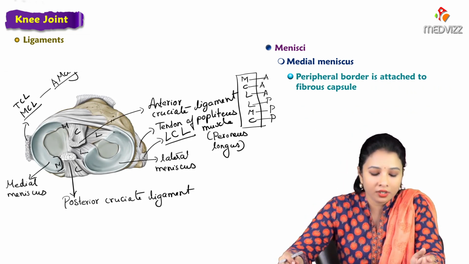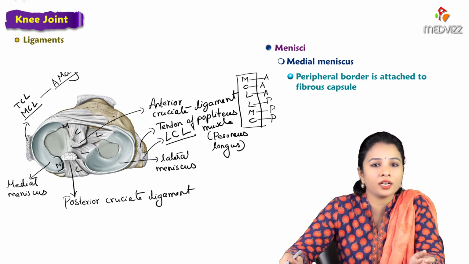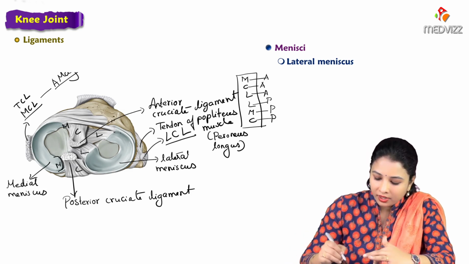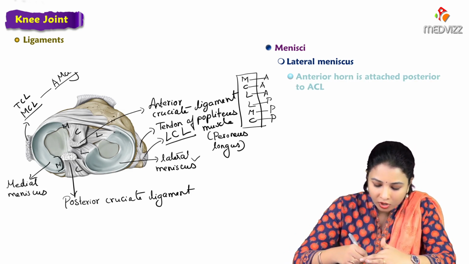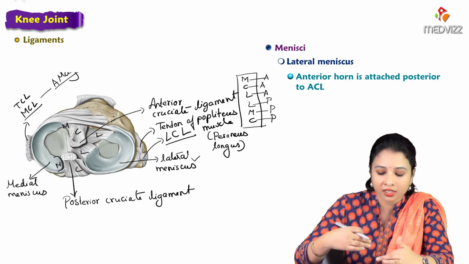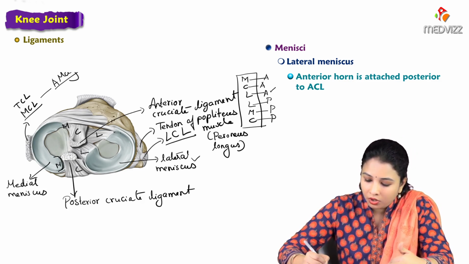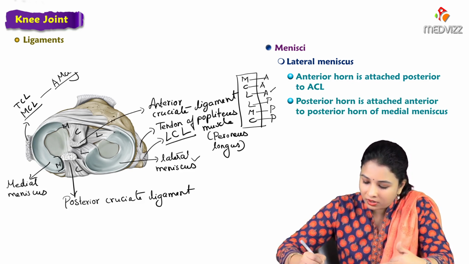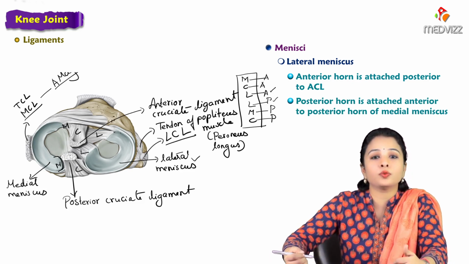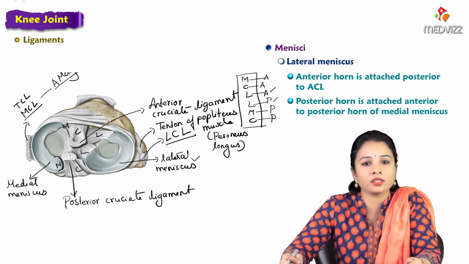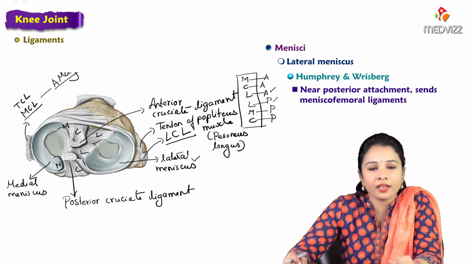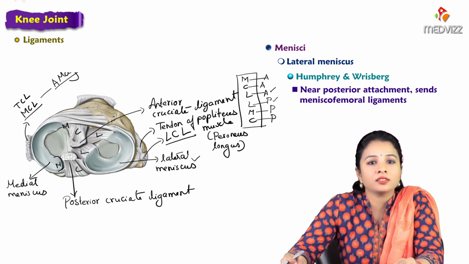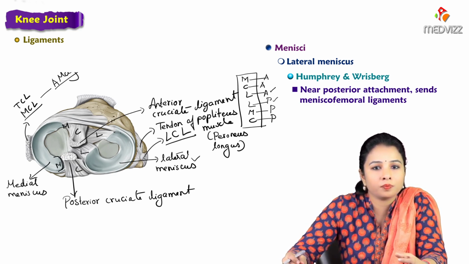The peripheral borders of the medial meniscus blend with the fibrous capsule. Here is the lateral meniscus. The anterior horn of the lateral meniscus is attached posterior to the anterior cruciate ligament. The posterior horn of the lateral meniscus attaches anterior to the posterior horn of the medial meniscus. Near the posterior attachment, the lateral meniscus sends anterior or posterior meniscofemoral ligaments, which are called